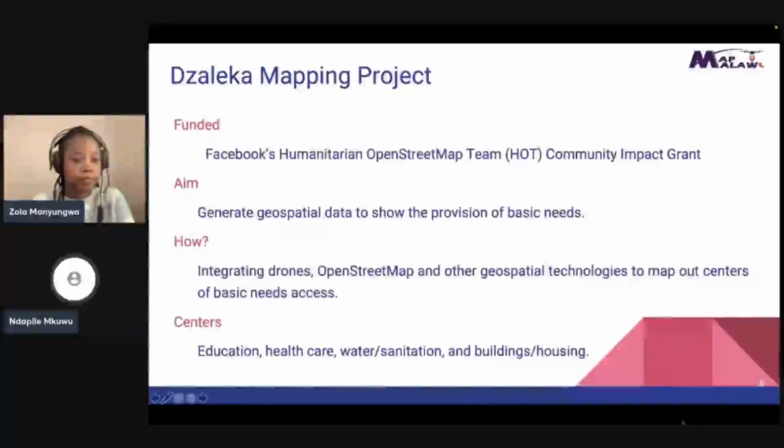So my partner and I decided to come up with a mapping project, and the project was funded by the Facebook Humanitarian OpenStreetMap Team under the Community Impact Grants. Our aim was to generate geospatial data that shows the provision of basic needs at the camp. So we were mapping out centers such as education centers, health centers, and water points. How we did this was we integrated the use of drones, OpenStreetMap, and other geospatial technologies to map out our